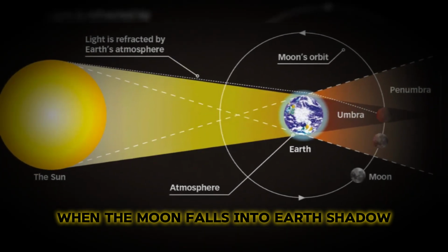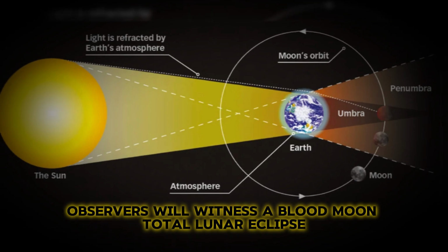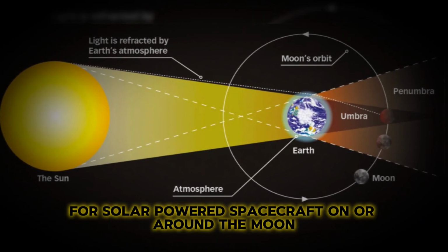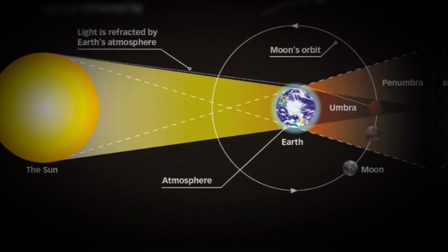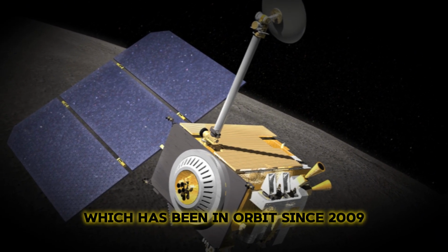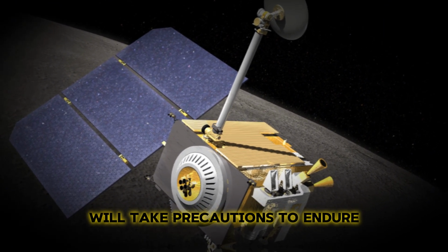When the moon falls into Earth's shadow on the night of March 13th to 14th, observers will witness a blood moon, a total lunar eclipse. However, for solar-powered spacecraft on or around the moon, this event presents a significant challenge. NASA's Lunar Reconnaissance Orbiter, LRO, which has been in orbit since 2009, will take precautions to endure the extended period